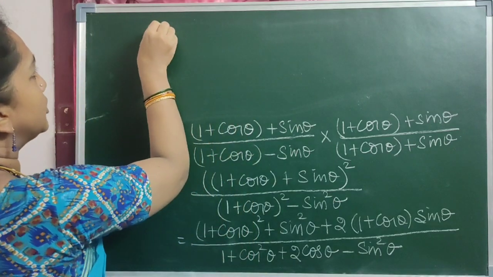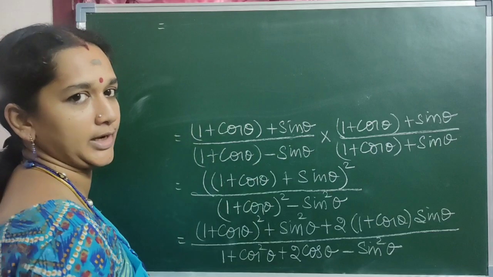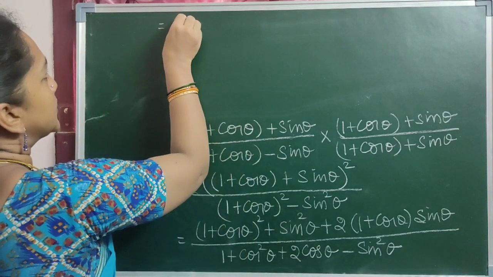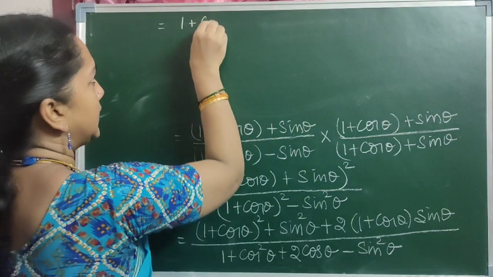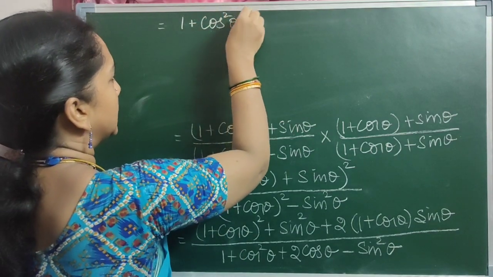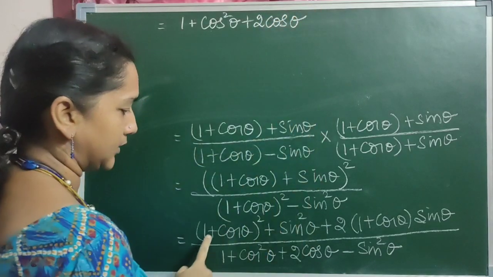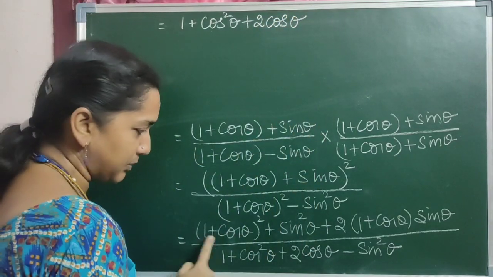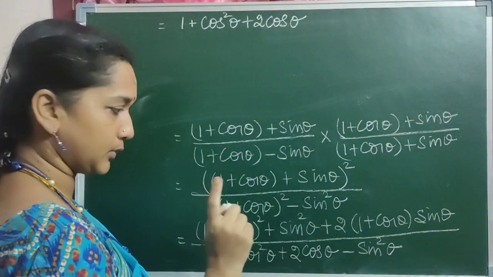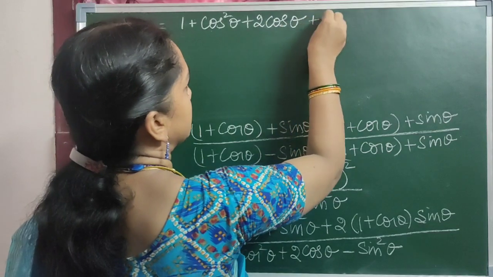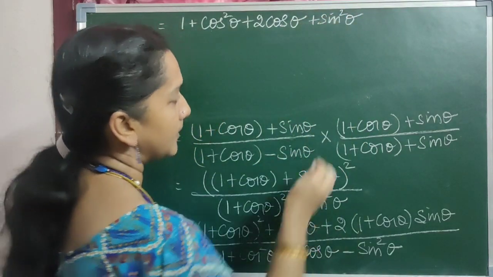Okay, now step by step you have to do. Again, this one is also (A plus B) the whole square only. So A squared plus B squared plus 2AB. 2AB is 2 cos theta. So this is only this part. (A plus B) the whole square is A squared plus B squared plus 2AB. Then the remaining things as it is, plus sin squared theta, this one.